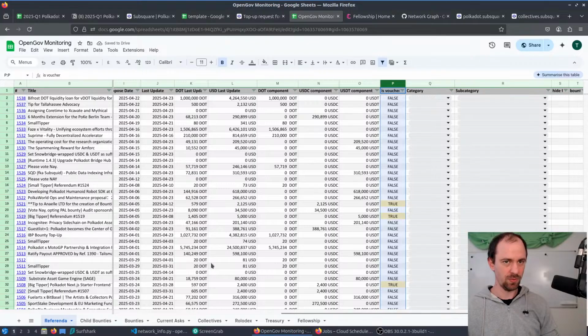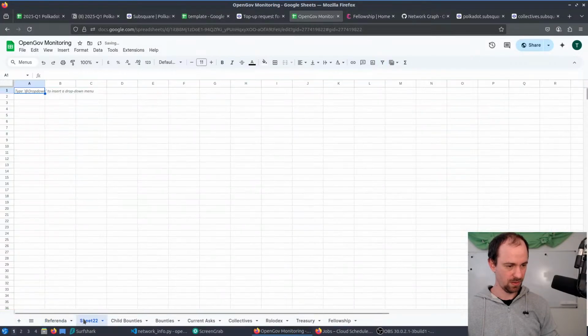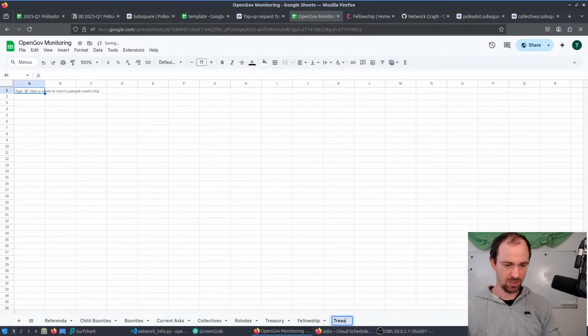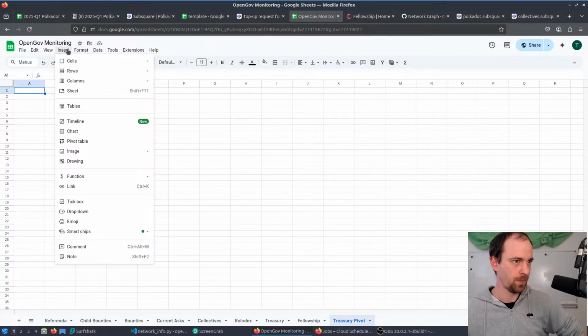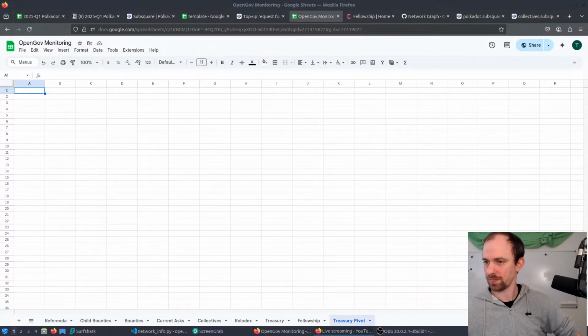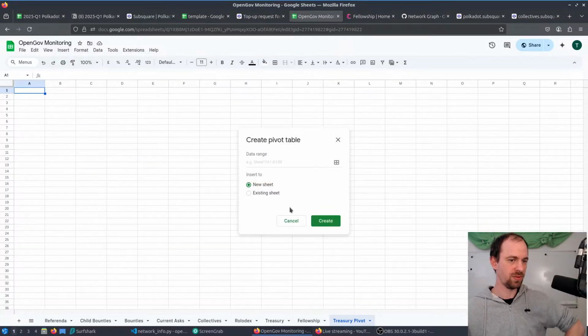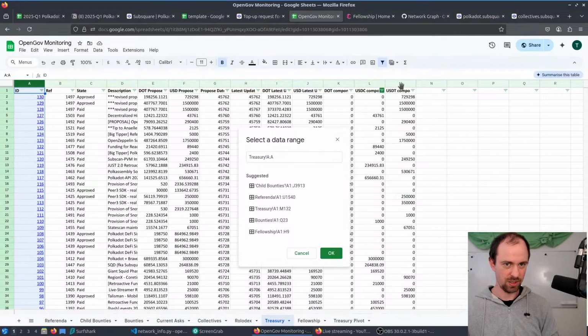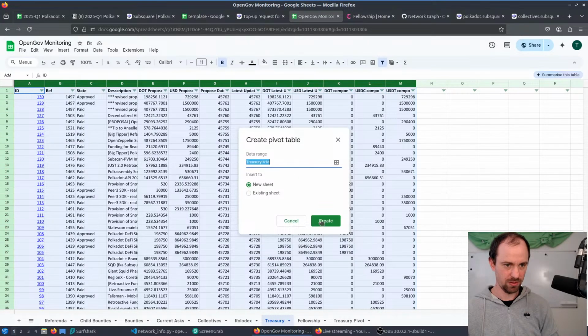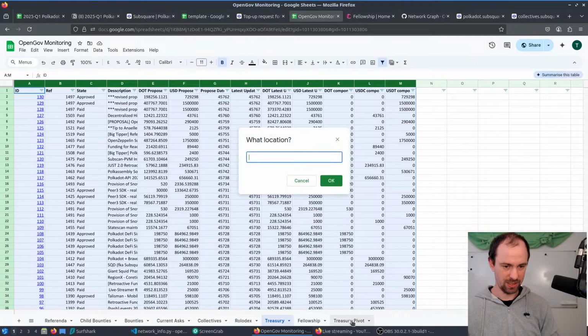And then let's make a table. And that is a Treasury pivot. We just did this in a template, but we're gonna reenact this here now in the monitoring, because I think this is very practical. So let me insert a new pivot. And we're looking for the Treasury. And we're gonna take everything, and we're going to apply it to our